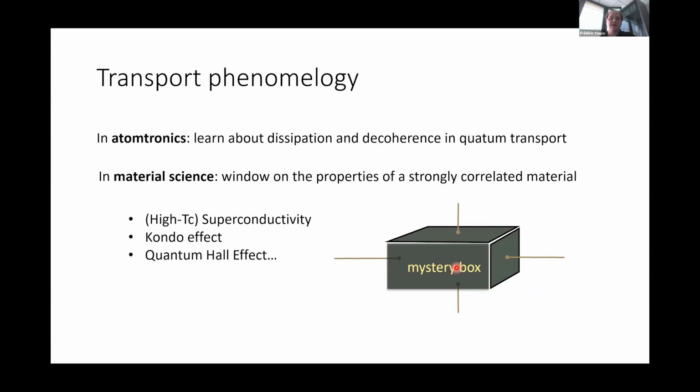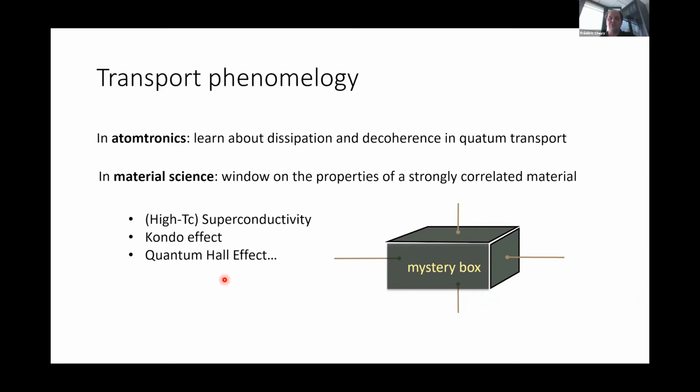And so, for instance, that's how superconductivity was discovered, and especially high-Tc superconductivity. That's also how the Kondo effect was detected, by looking at the temperature dependence of magnetic materials, and obviously also the quantum Hall effect, where you see plateaus in the conductivity as a function of magnetic field. And so the idea is to do the same with cold atoms, to be able to probe the properties of